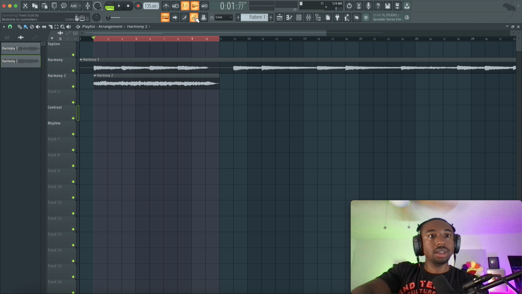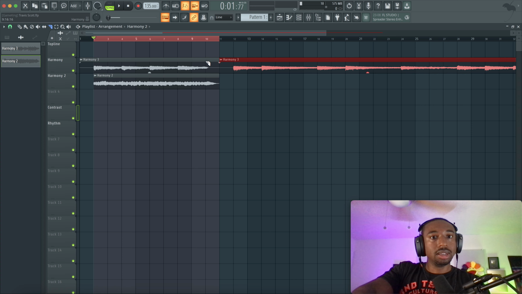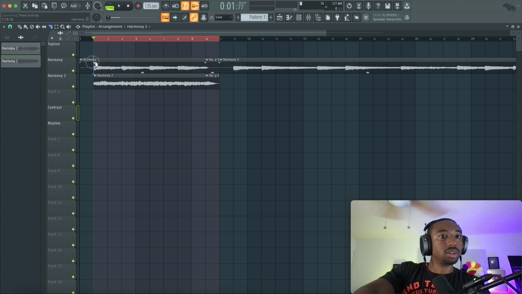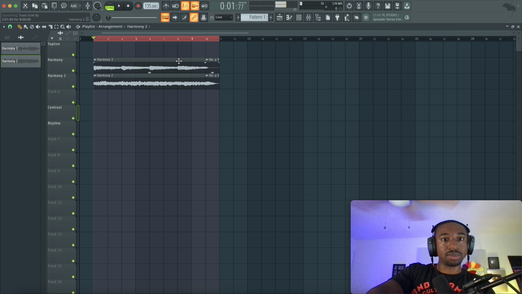Now we got the right bass patch. So here's what I'll do to arrange this a little bit. I'm going to slice it where we're at 2 bars. Now I need to be a little more strategic about how I'm doing this so that I'm formatting it like a song instead of just building random stuff.